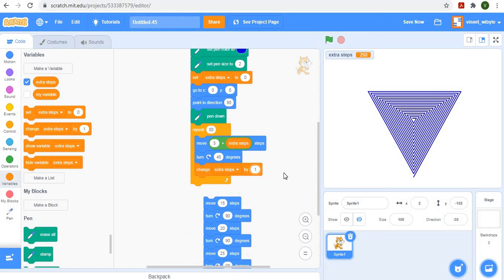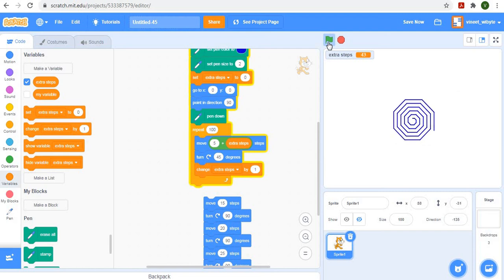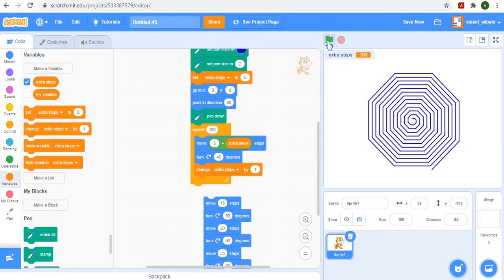I've practiced this before. I mean, you can also do some hit and trial and get this. And if I did this, I'll just increase the number of repetitions, so it looks a little bit nicer. But I will end up with an octagonal shape, which is becoming like a spiral, right? And it looks really nice. You can always change color and so on and so forth.